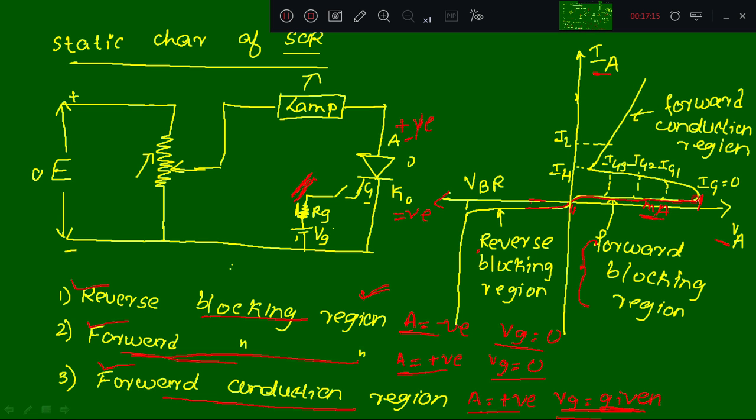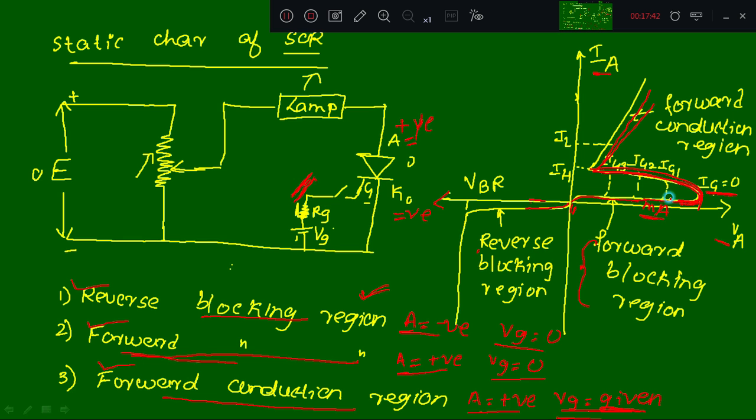When the gate is 0 but a very large voltage is given to the anode, the SCR will turn on. Once the SCR turns on, the voltage across the SCR drops and the current suddenly increases. This is the behavior of the SCR, when the gate current is 0.